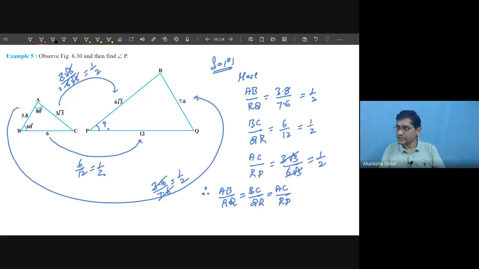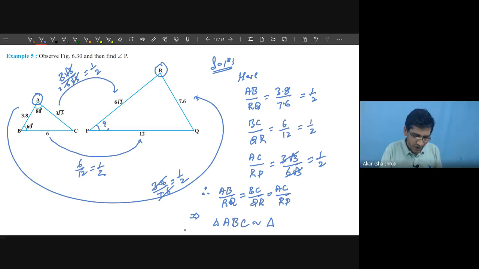So what is this condition? This is our theorem 6.4, which tells that if the three sides are in the same ratio, means the three sides are proportional, then obviously the two triangles will be similar. Means then all the angles will also be equal. Okay. So this implies, after writing this, you have to write triangle. You are free to choose ABC. Means for the first triangle, you are free to choose the order. But for the second triangle, corresponding to A, which is going to match, a student, here we are observing that corresponding to A, whether it is our